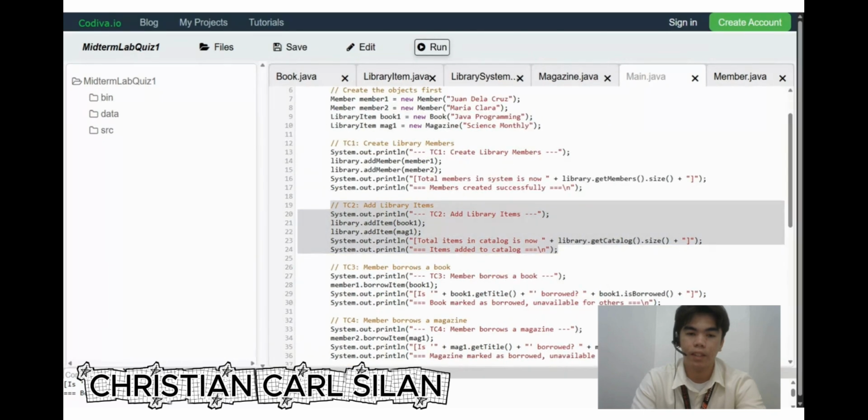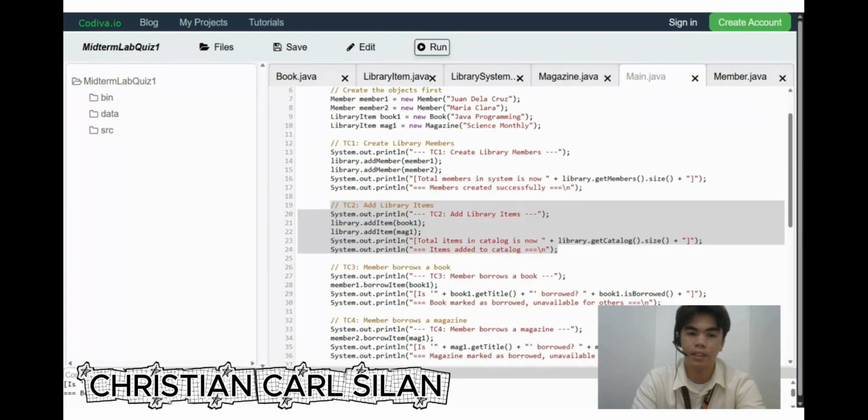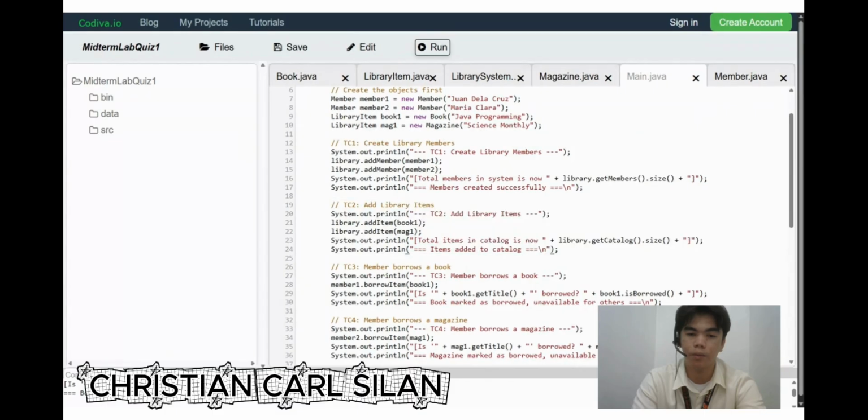So next is our add library items. Add library items is similar to TC1. This populates the library inventory. It takes newly created book and magazine objects and stores them in the system catalog, making them officially available to be borrowed.